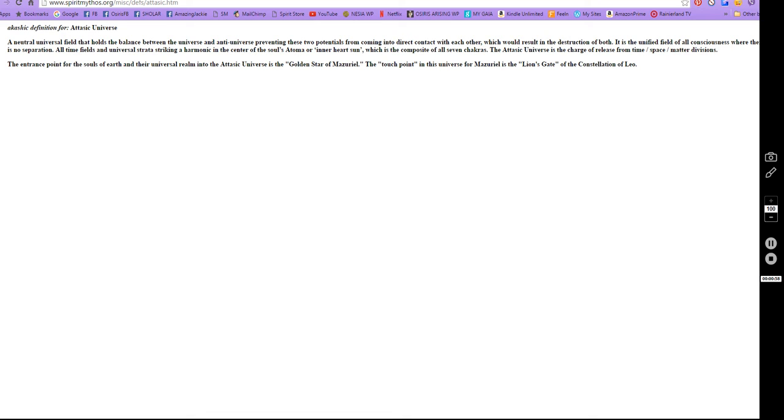The Atosic universe is the charge release from time, space, matter divisions. The entrance point for the souls of Earth and their universal realm into the Atosic universe is the golden star of Mazariel. The touch point in this universal Mazariel is the Lion's Gate of the constellation of Leo. So now,